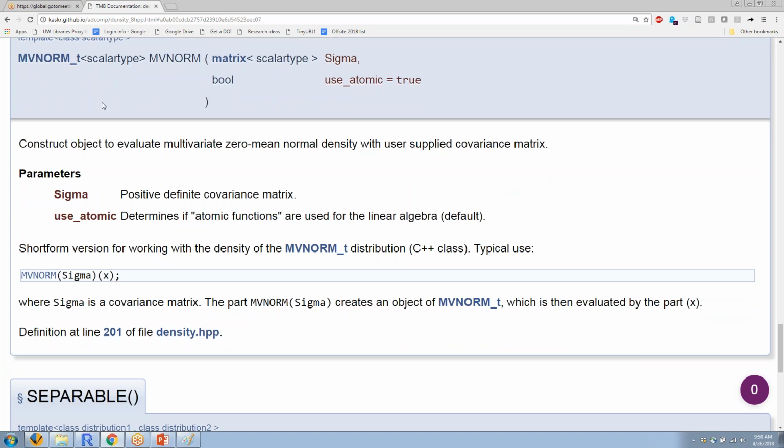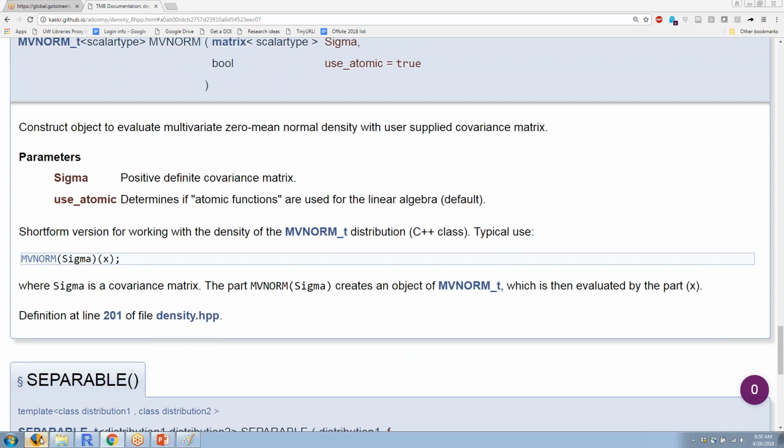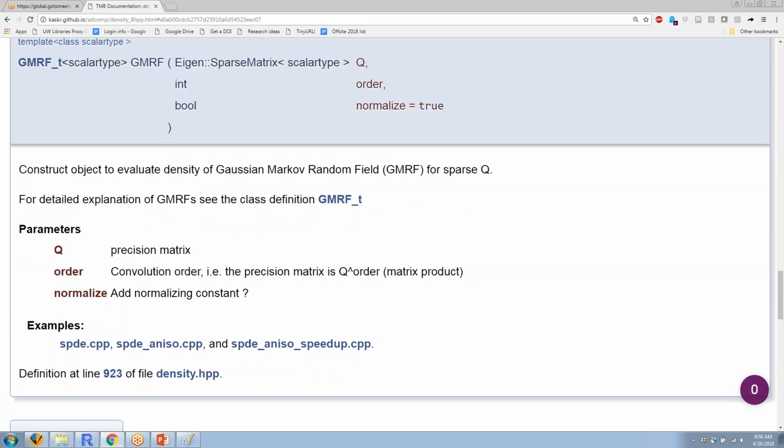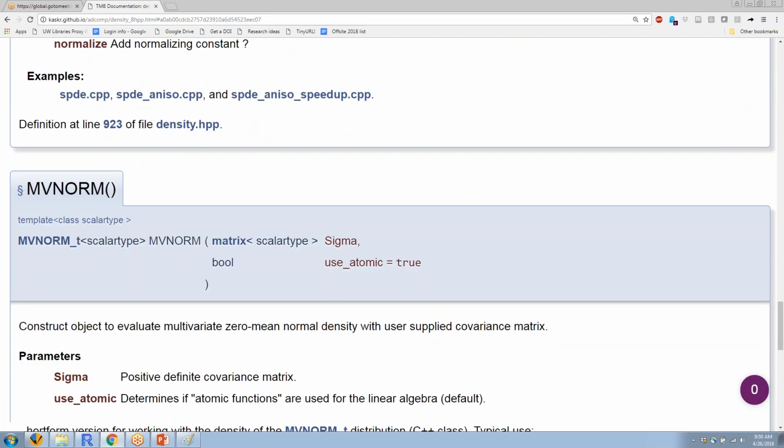In this case, it's pretty confusing because it skips right to MVNORM and only defines MVNORM_t as the output object of the function MVNORM,